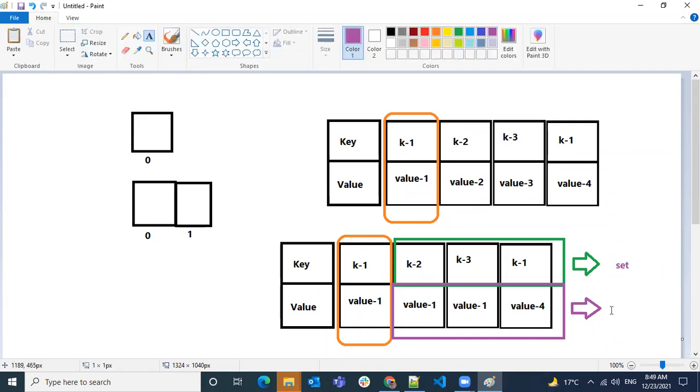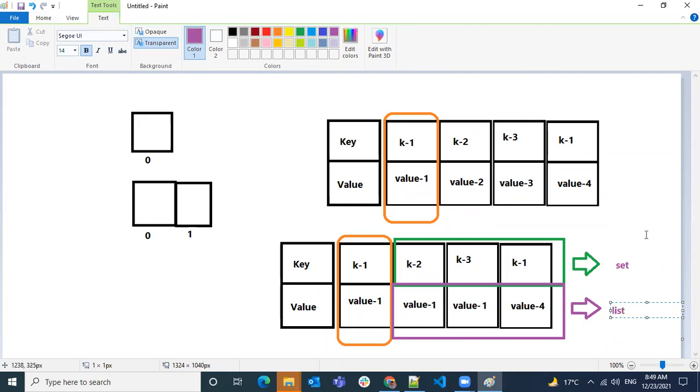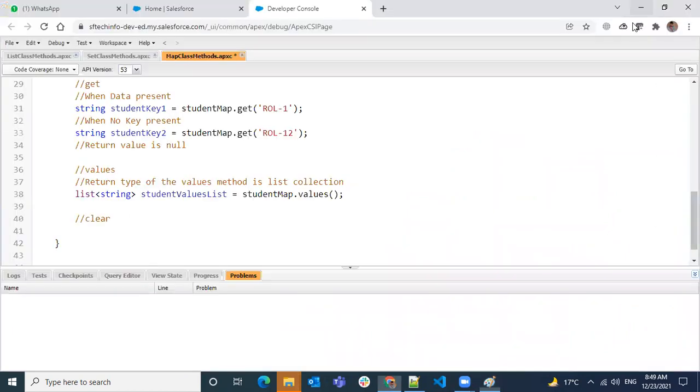Okay, clear. Jumping on, if you use the clear method, it is the same as before. It will remove all the values from the map, and it's going to be an empty map.